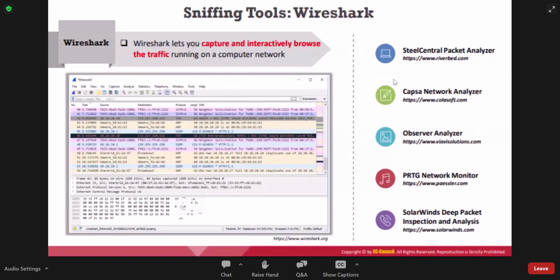So the alternative tools are here. Actually, almost each and every tool here is a GUI version. Okay, it is not CLI. So sniffers come under GUI versions. Yeah, I mostly use Wireshark itself, and we are also going to see